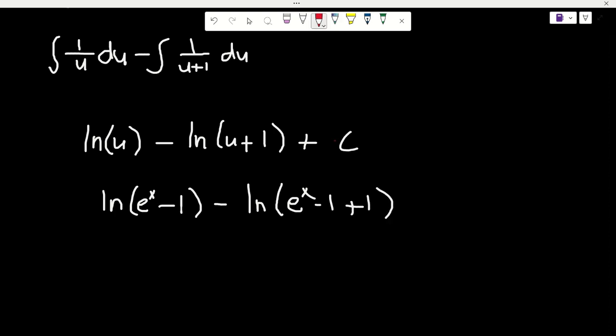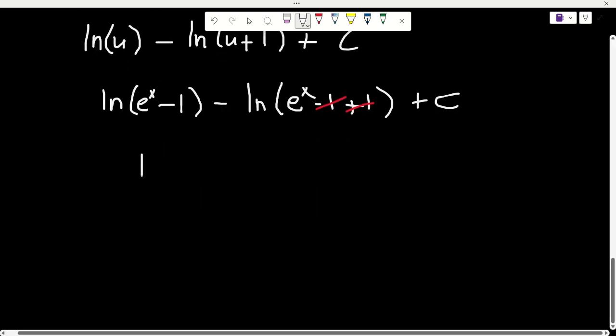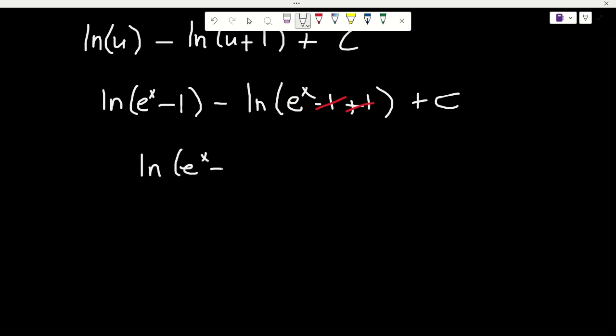So this will cancel, plus c. Now we have ln of e^x minus 1 minus ln of e^x, plus c. Now, this is the answer, but we can